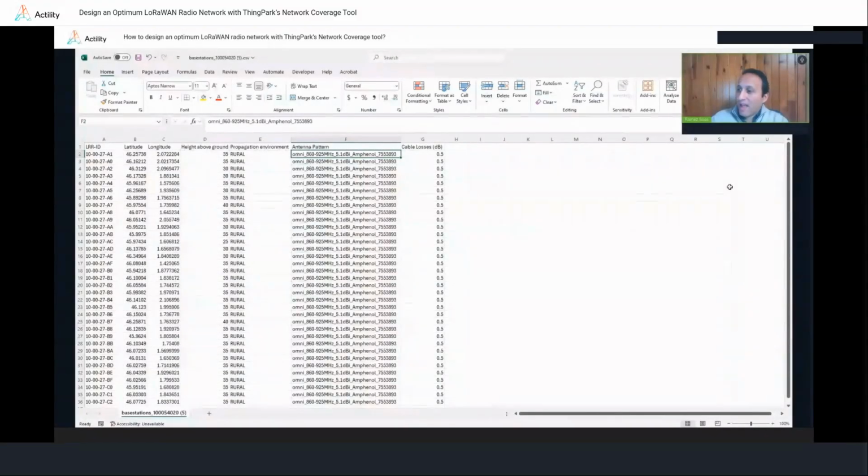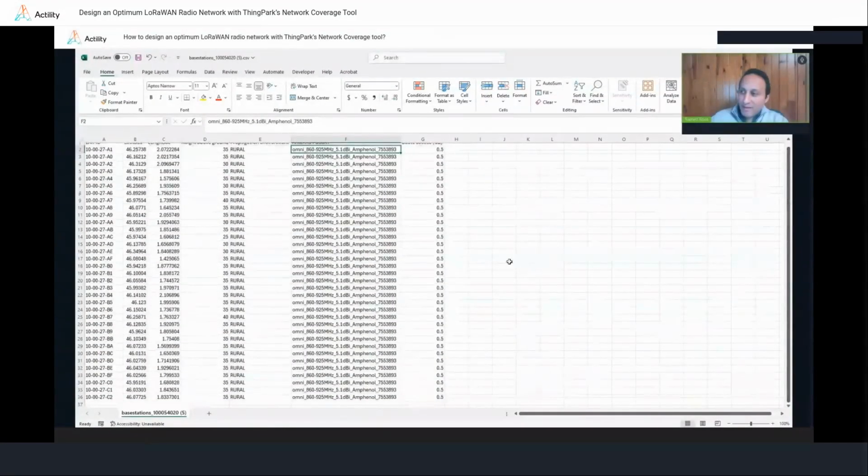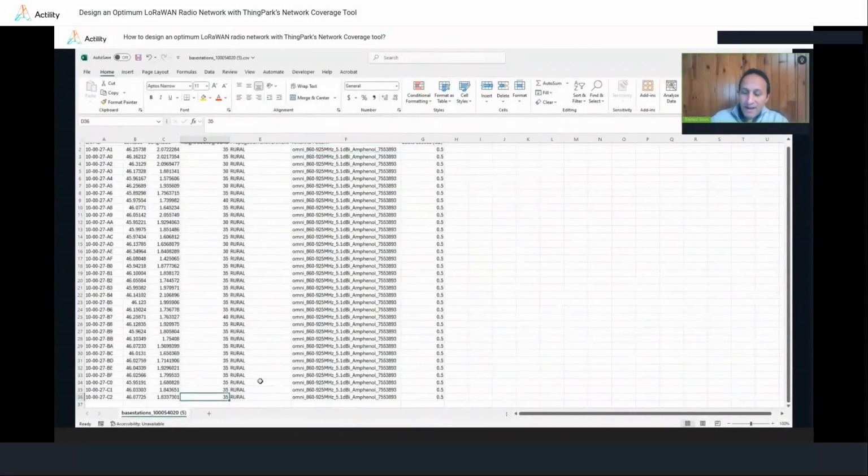So you can see here, because I have properly filled in the required information for all my base stations under my SIMPAC account, all this information is automatically pre-filled. I don't have to change anything if I'm satisfied with what I have already set. But of course, if I want to change something, I am free to change that directly in the CSV file. And since the file should be well formatted without any missing data, all this data is mandatory.